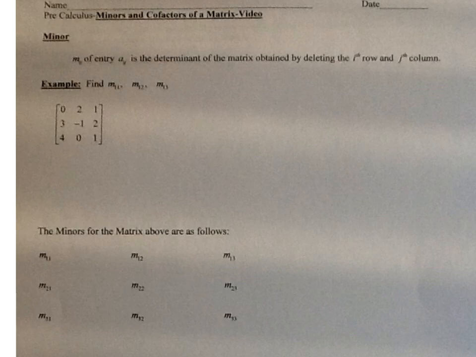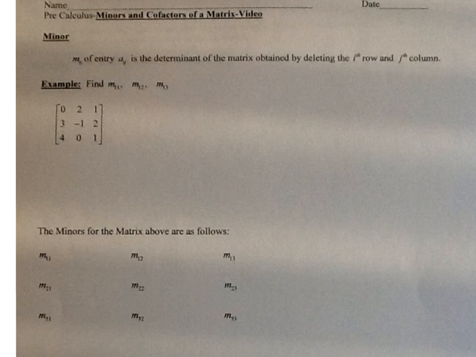So today what we're going to work on are minors and cofactors of a matrix. So let's talk about what a minor is. A minor of a matrix. So M sub ij of any entry A sub ij is the determinant of the matrix obtained by deleting the ith row and the jth column, sorry. All right, so